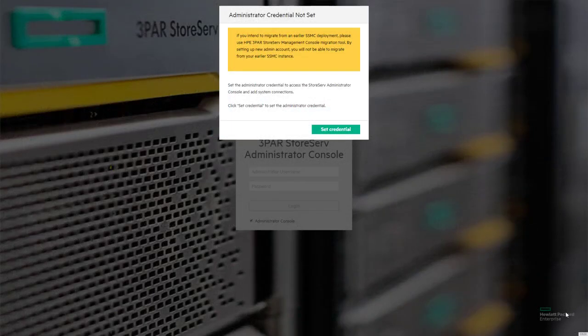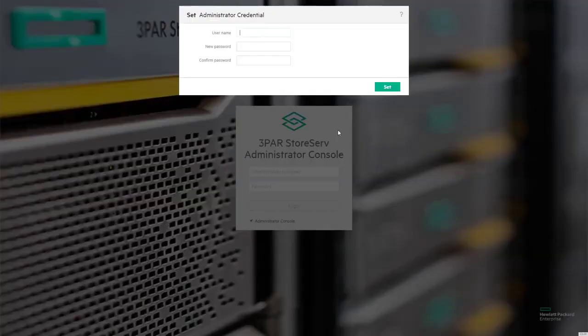A couple things you'll notice when first connecting to the SSMC is that you need to connect on port 8443, which is the default SSL port for the SSMC, and you'll be prompted to set credentials. These credentials are for managing the SSMC instance itself and for adding and removing arrays from management by this instance